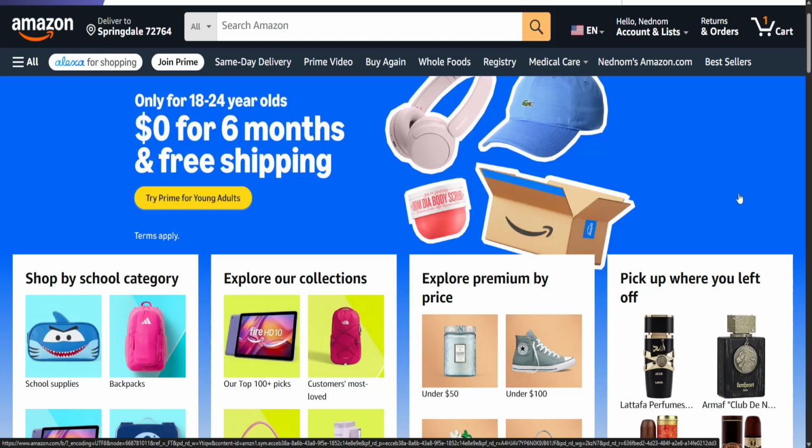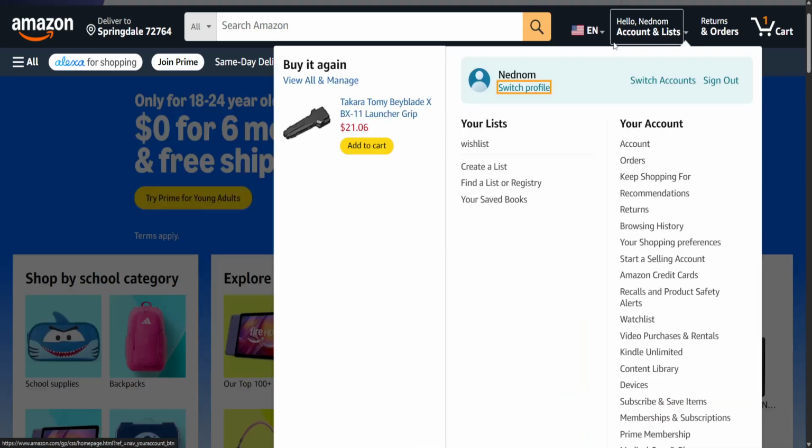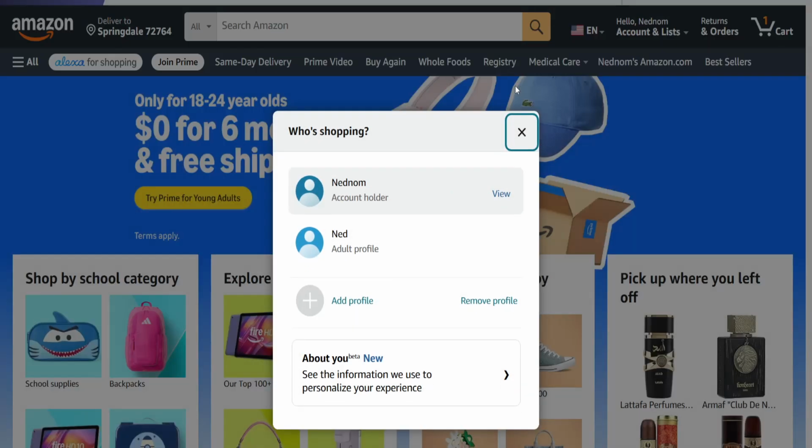How to see your following list on Amazon. Load up the Amazon website. Then you want to hover over your name in the top right, and then we're going to select switch profile. Now here you just want to find the profile which you followed people with, and we just want to click